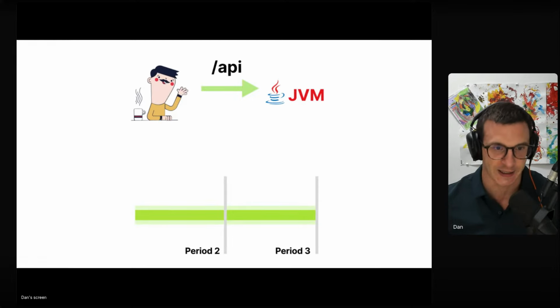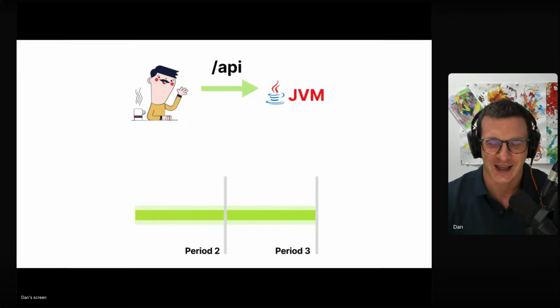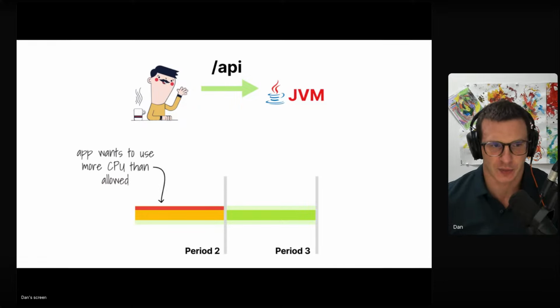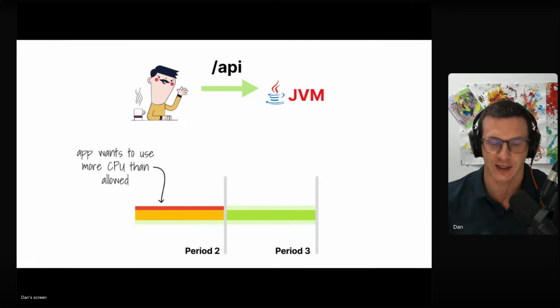Now, the problem with this is that, let's say you have an application like a JVM. I don't know why in particular with the JVM, but the experience I've got is that most of the time when you have a Spring Boot application, you expose an API and you're very tight on the CPU limit, you see the Spring Boot coming up very, very slowly and you don't understand why. But another example is, you have an API and the CPU limit is so low that it will do some work, then it will get stopped because it doesn't have enough CPU to actually complete the processing of the API, going back to the database, deserializing the values and then going back to the user.